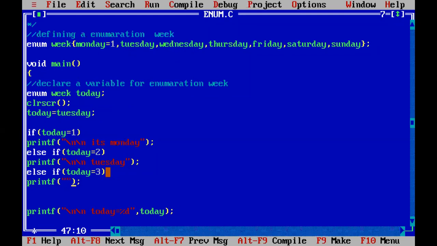You can print two new lines, and here you write it's Tuesday, and if today equal to 3, it's Wednesday. Like this you can write for Thursday, Friday, Saturday, Sunday also.